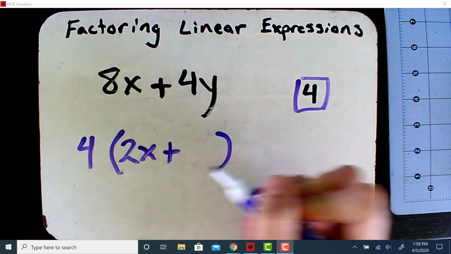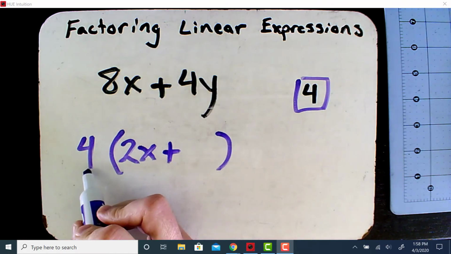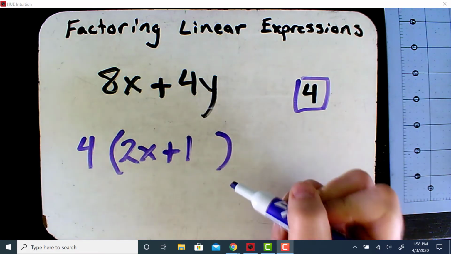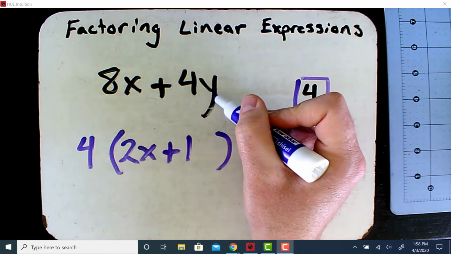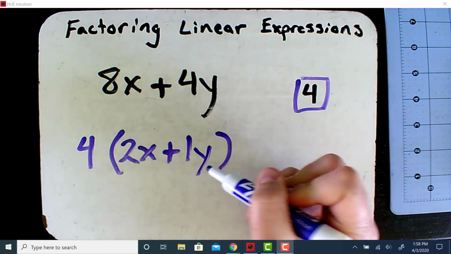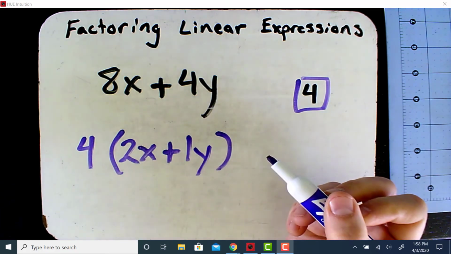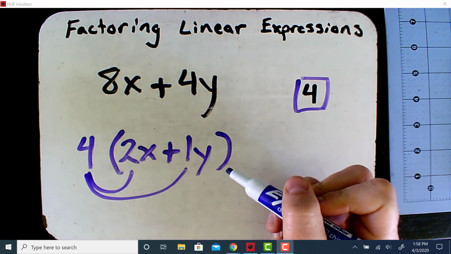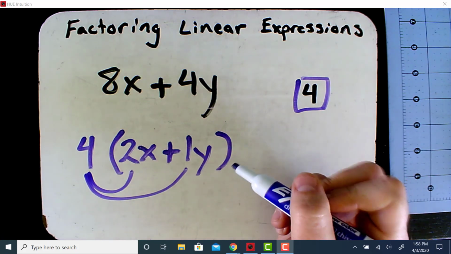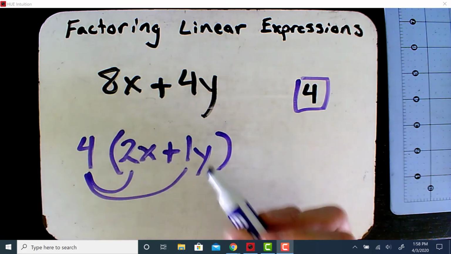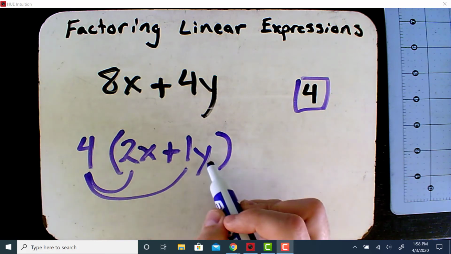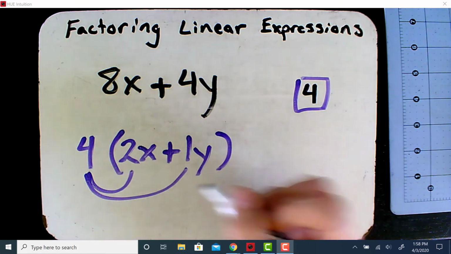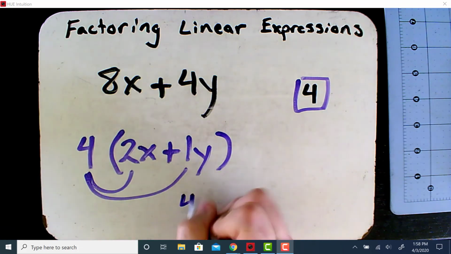So I put my plus sign in and I say 4 times what got me 4? Well, 4 times 1. And I need it to have a y, so I'm going to add a y with it down here. Now I can check if I factored this correctly by doing distributive property, because we said factoring is kind of like backwards distributive property. 4 times 2 gets me 8x, and 4 times 1y gets me 4y. So yes, I've done my factoring correctly, and when I'm done factoring, I have